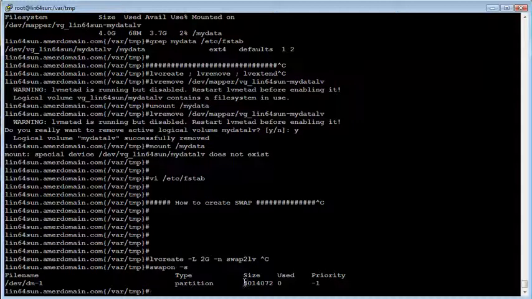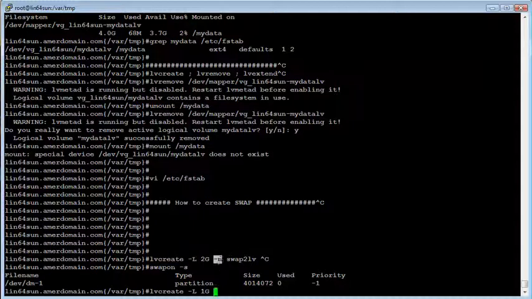And 4 gig, this is already there. Somebody already created 4 gig of swap on this machine. So 2 gig is the real memory plus 4 gig of swap or secondary memory, and we are going to create an additional 2 gig, or let's say 1 gig,